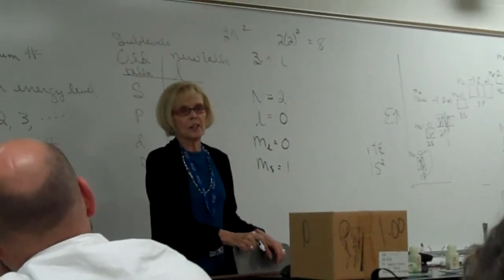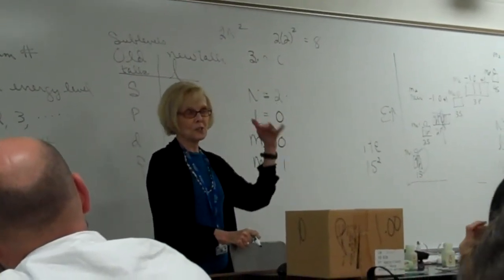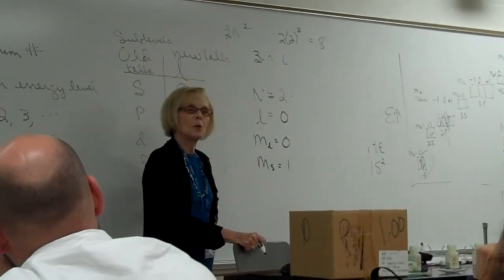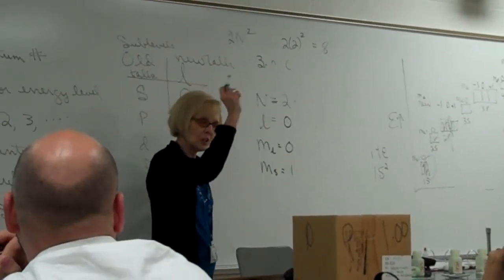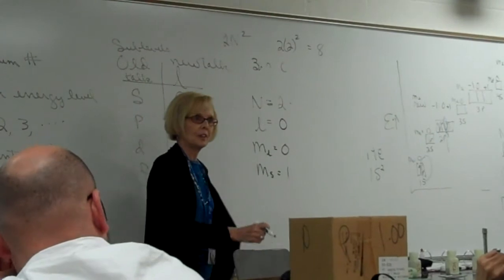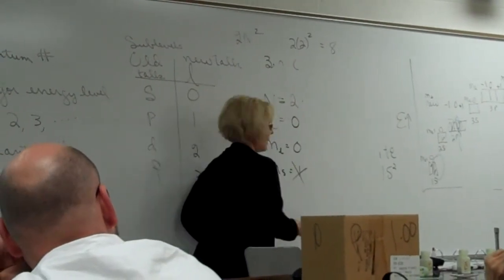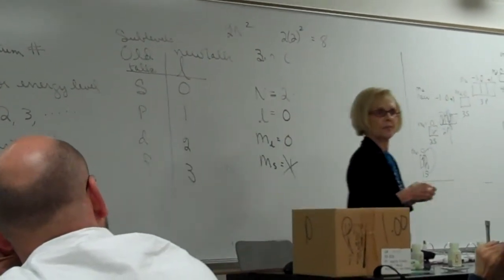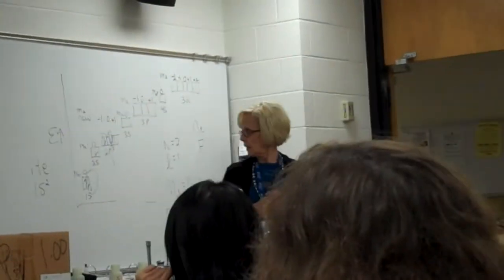I wasn't very tricky. I've done my mistakes in first, second, third, fourth. Okay, what's my error here? Antonio, what's my error? The MS is only like this, not 1. Yeah, it has to be what or what? Positive half or a negative half. Exactly. Positive half or negative 1/2. Okay, if it's positive 1/2,